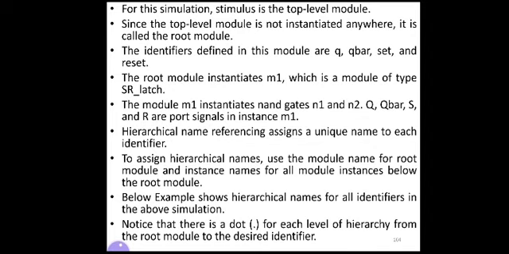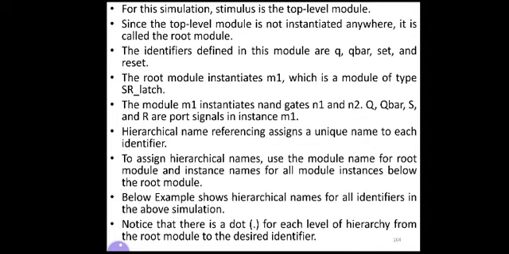So stimulus is the starting point in this example. The other identifiers we have just discussed: Q, Q bar, set and reset. The root module instantiates M1, which is a module of type SR latch, and the module M1 instantiates NAND gates N1 and N2. Q, Q bar, S and R are port signals in instance M1.